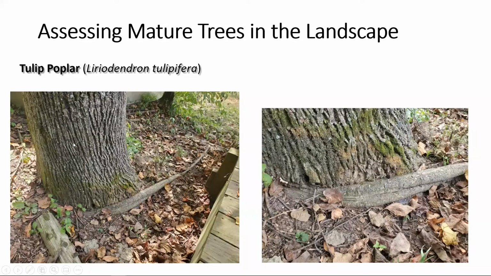I know there's a lot of problem with tulip scale from this plant based on complaints from what's accumulated on the deck. So that's sometimes a sign of a weaker plant because that's kind of happened. So it's a tricky question of, we don't have really great guidance from the literature on how big of a girdling root can we successfully cut and not kill or help the tree. But there's a lot of cases, like in the case of that Norway maple we looked at, there's no way it's going to miraculously get better from that. Its condition's only going to get worse as it gets larger and has more above ground growth to support with a smaller root system.